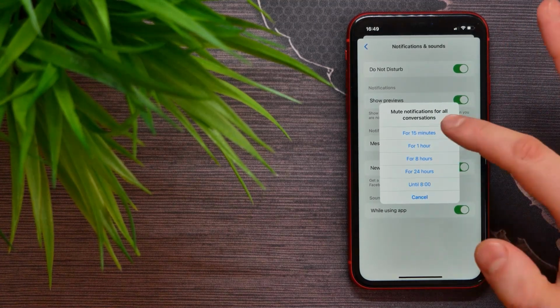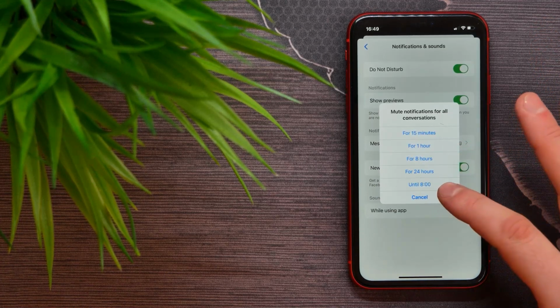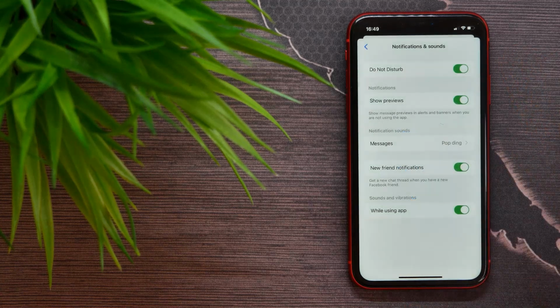I can select 15 minutes, 1 hour, 8 hours, 24 hours or until 8 a.m. of the next day. I will select 1 hour and now Facebook Messenger will not be able to send me any notifications for